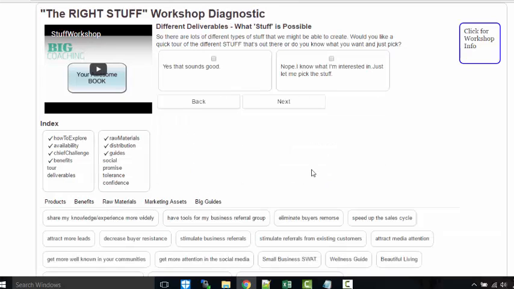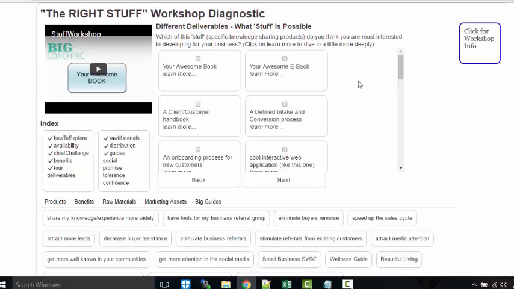And then right here, I'm going to start walking you through some of the products. You can do it one of two ways. I can take you on a tour where I walk you through the 22 different product options, and you can see for each one how it might be beneficial, what raw materials are necessary, where you might plug it into your distribution chain, and a little bit of explanation from me as to how it might work for you. Or you can just go through and select your own. All right, so you're going to pick your own here.